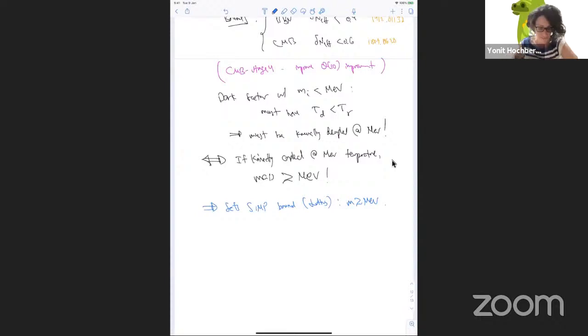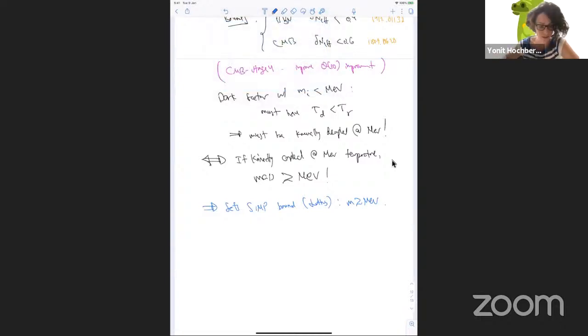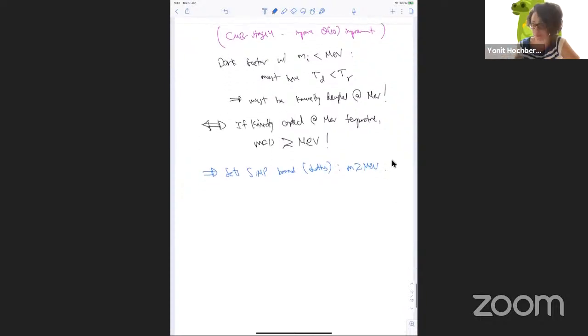So that's a bound from N effective. Let's move on to another bound, self-scattering, or self-interactions. As we mentioned already in the first lesson, dark matter can't too strongly self-interact or strongly self-scatter, because these strong interactions can distort dynamics in dark matter halos. So we have to worry about distorting dynamics